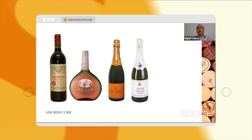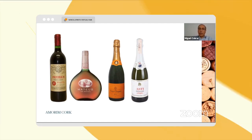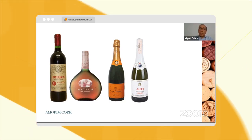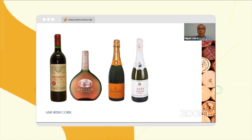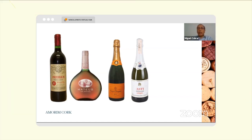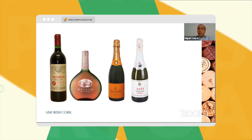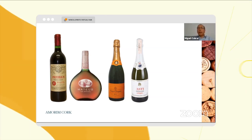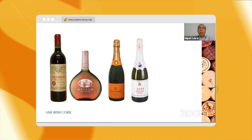Another point is that other types of beverages must be closed with cork stoppers. Now we are talking about sparkling wines. The very famous Veuve Clicquot bottle, and the quality of this wine must be kept properly and entirely. And Asti from Italy, which is a regular spumante. So these two wines, which have completely different characteristics and qualities, the lid, the cork stopper basically, must